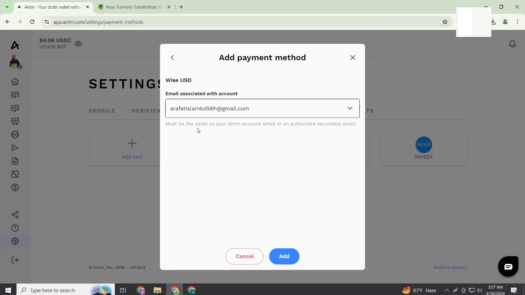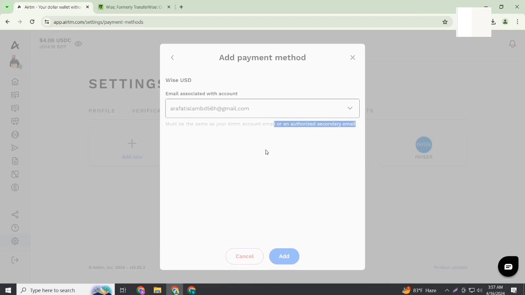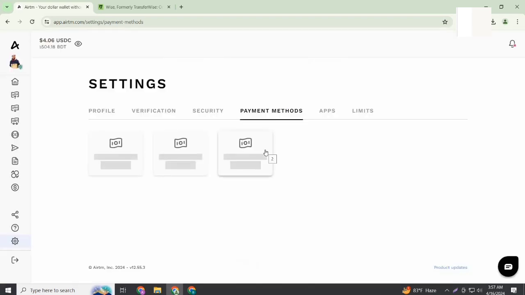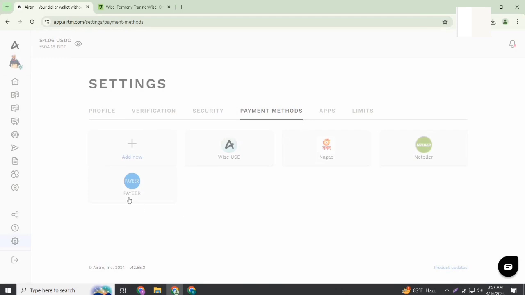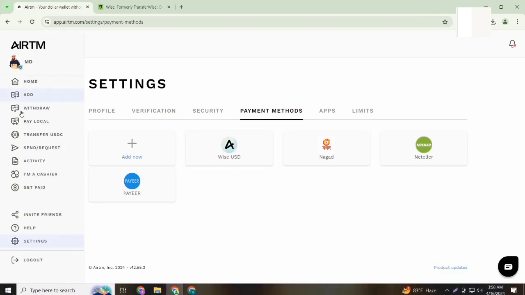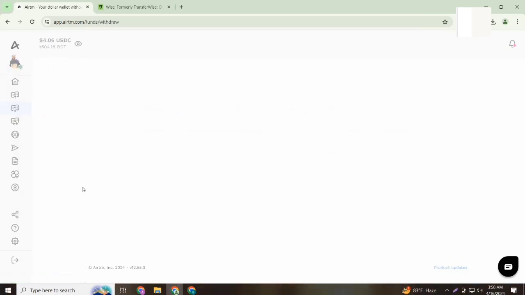And then you can see there is my email address linked in my YZ account and also my Airtm account, and then click on add option and you can see my YZ USD account is already added to my Airtm account. Now I can withdraw fund from Airtm or add fund from YZ, and click on the withdraw option and select